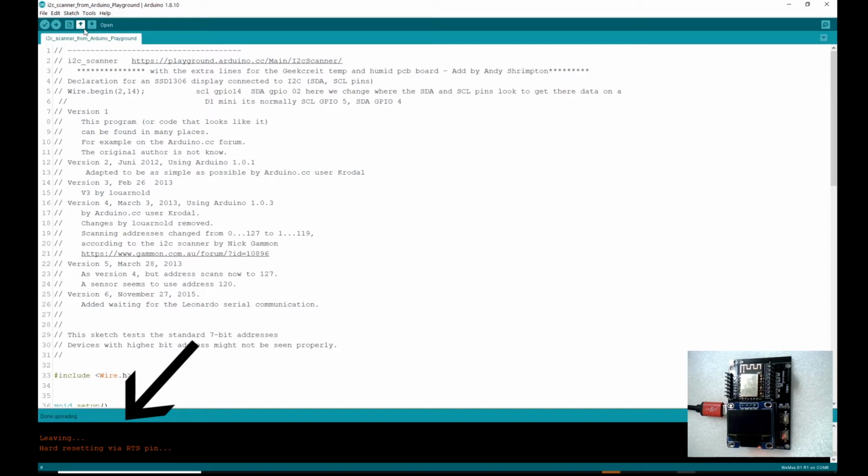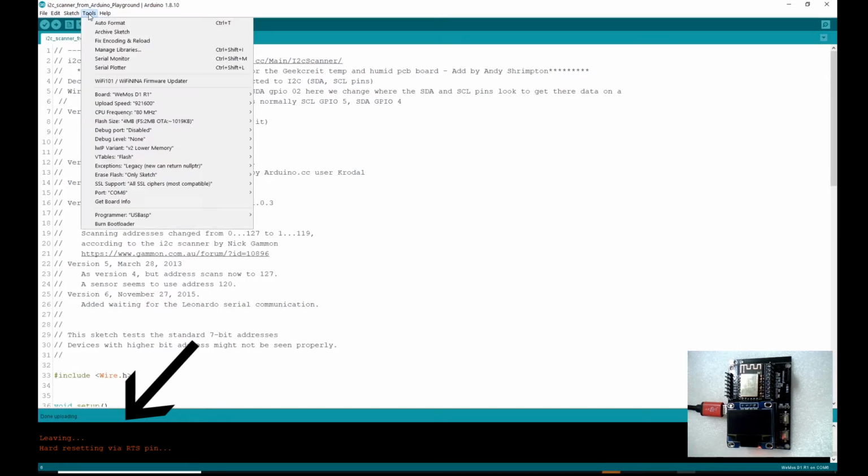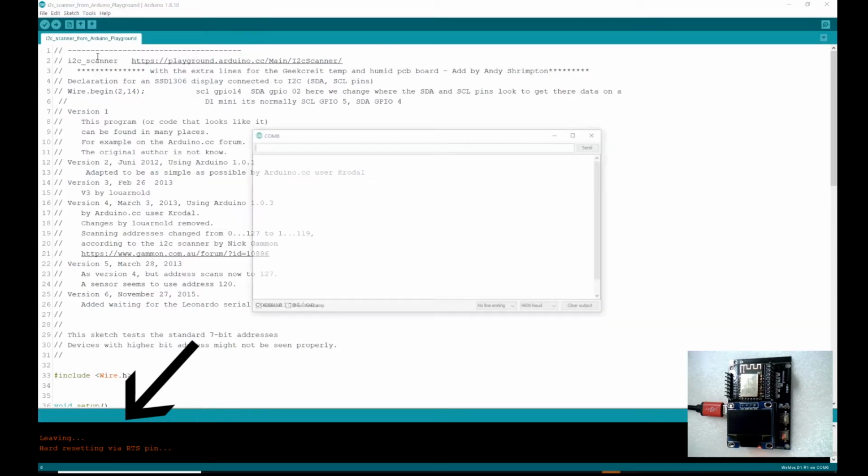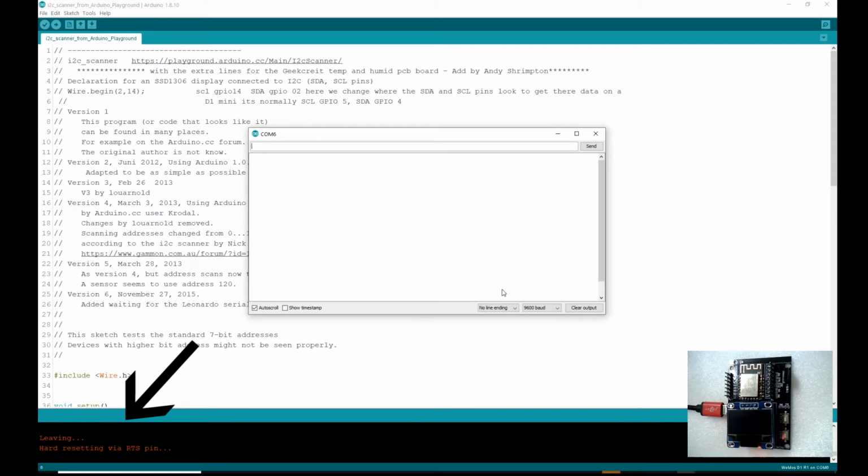Now we go back up to the top, Tools, click on Tools, Serial Monitor. We're connected to COM6. Make sure here is 9600. Now that I wasn't expecting, so I thought, what have I done wrong? Because it is normally user error. So I went back to the internet,